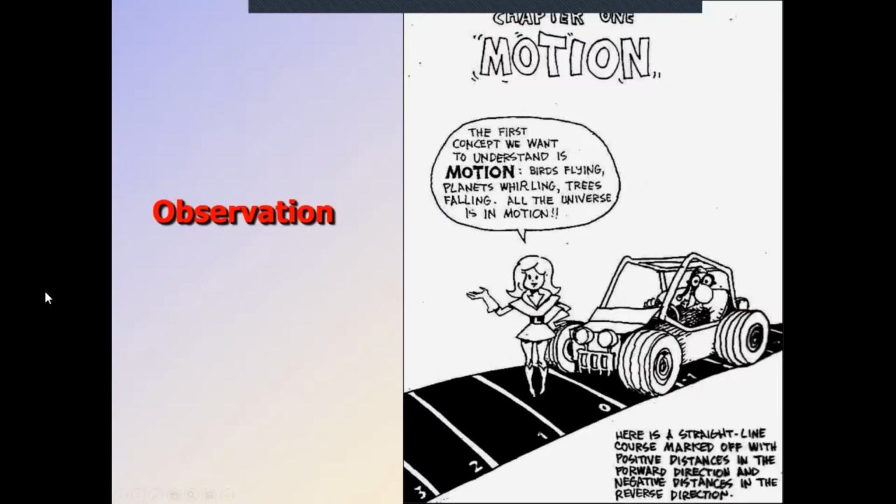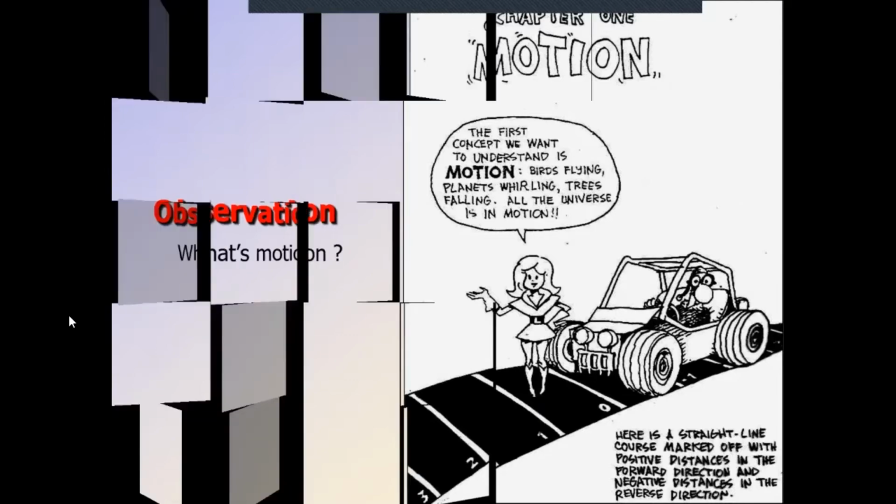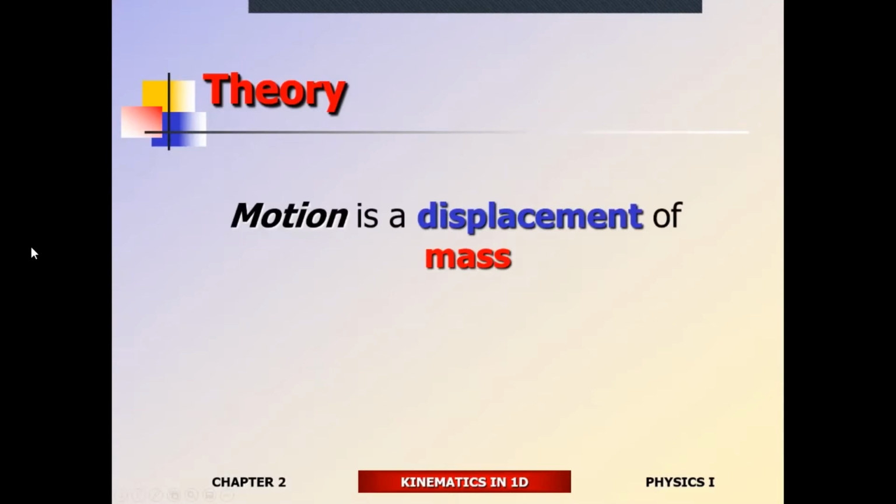All right, so this semester we're doing mechanics. So it's the study of motion, description of motion, kinematics. And everything in physics, every time you have to come up with a theory, it needs to be expressed in a form so that we can make measurements. Which means that we need to come up with a definition, and the definition is going to have things that we can measure. So motion is expressed in terms of displacement, mass, space, and time. So mass, time, and space need to be expressed in terms of the way we actually measure things, right?